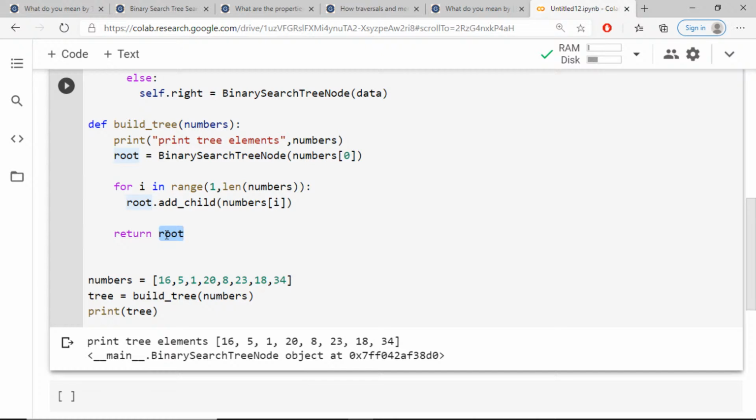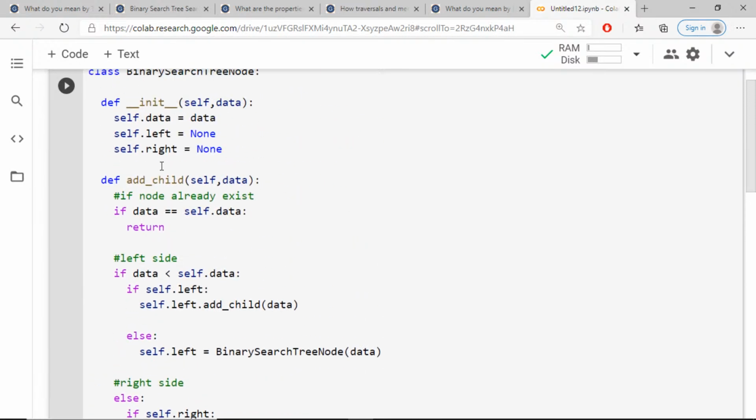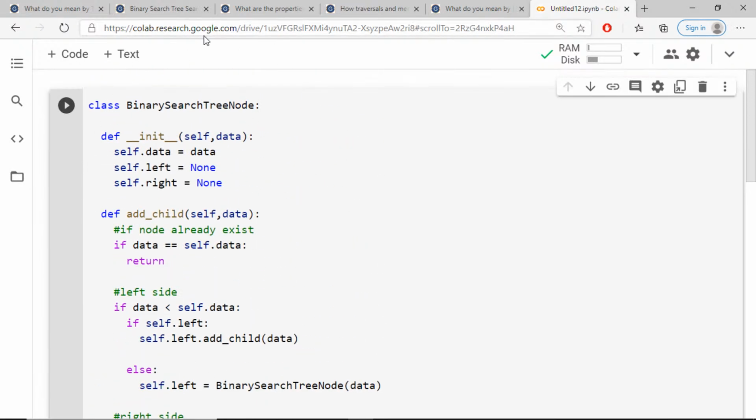Somebody is asking a question, ma'am, we have to pass parameter self, right? Yes, we have to pass the self. If you are defining a function inside the class, I have defined two functions. One is the init